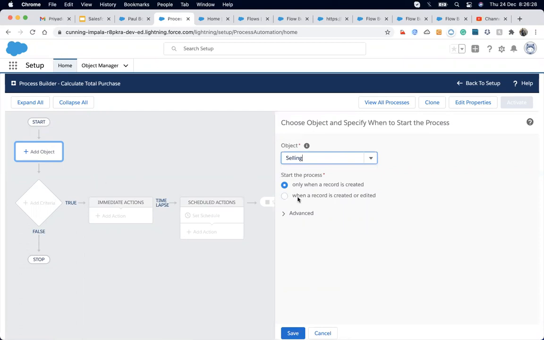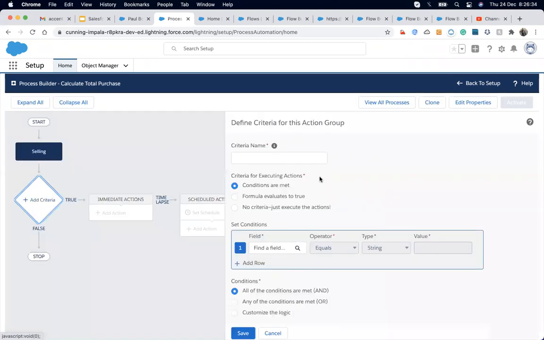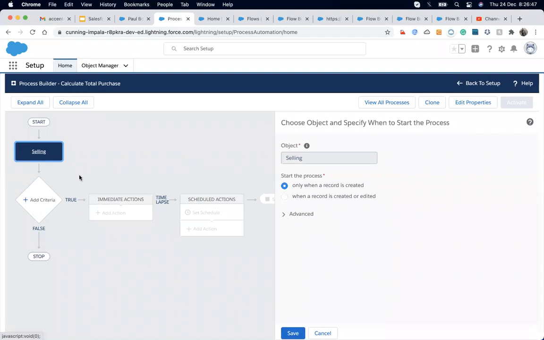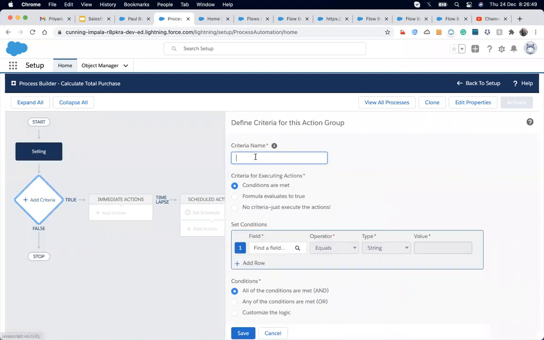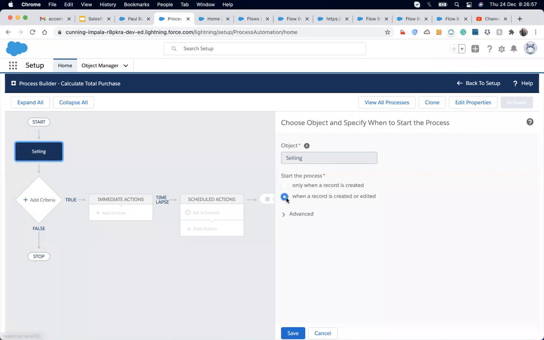When the selling record is created, then I will choose this. What will be the criteria? No, it's not created, updated to. Let me create it first. Created or updated.